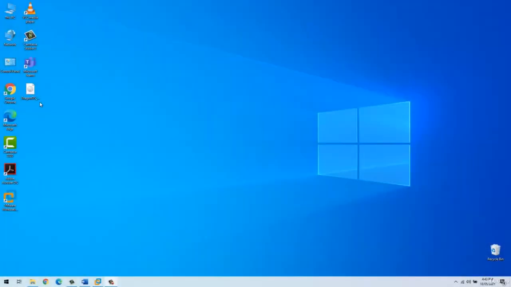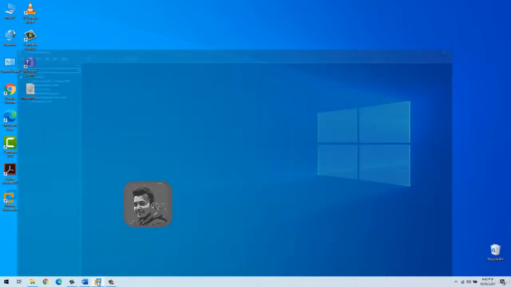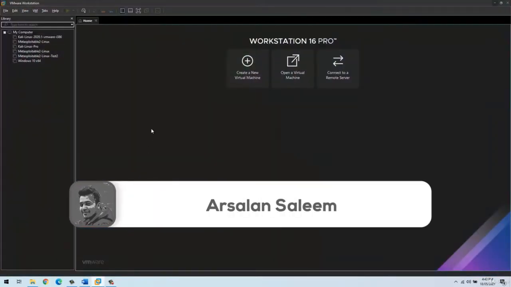So the Dragon OS ISO file is downloaded. Over here you can see. So we are going to use this ISO file and create a virtual machine. So let me start VMware, and I'm just going to show you this process in VMware, but you can create